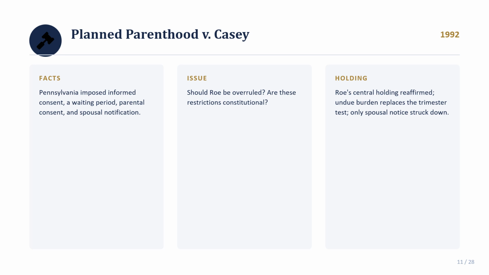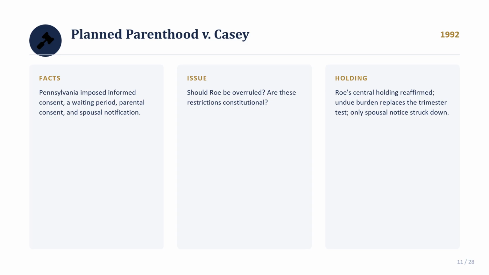Now, one more structural point that is worth talking about before we move on. The joint opinion's unusual triple authorship, okay? O'Connor, Kennedy, and Souter all writing together rather than a single justice authoring for a majority is really doctrinally significant. It signals a coalition of justices who agreed on the outcome and the core reasoning, okay, but arrived there through somewhat different paths. A structure that later gives critics room to argue that the decision represents compromise rather than clear doctrinal conviction.